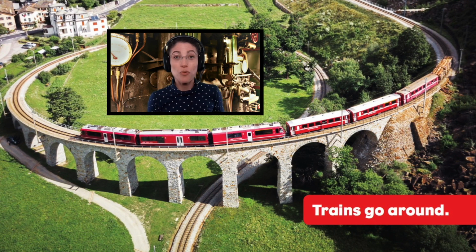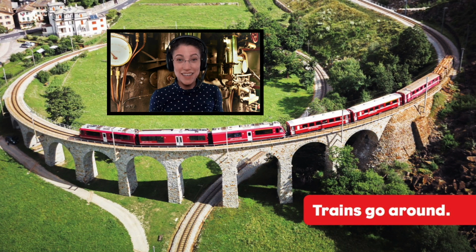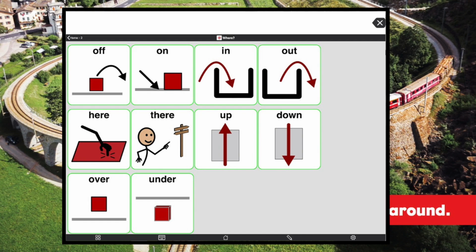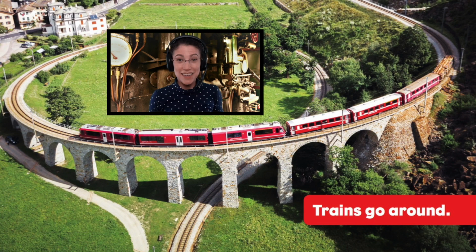Trains go around. All right, I did some homework for you here. I looked on my device and I didn't see the word around in my locations folder, or where folder. This can happen when a device is set up for beginning communicators. If they had every word in the English language, they would have a hard time finding and learning all the